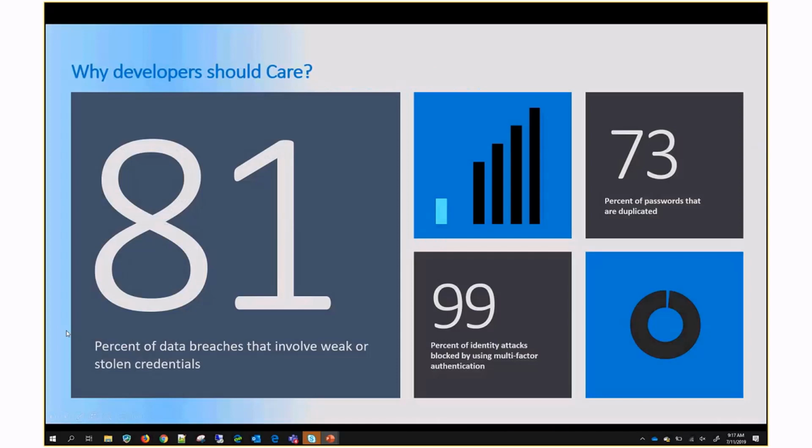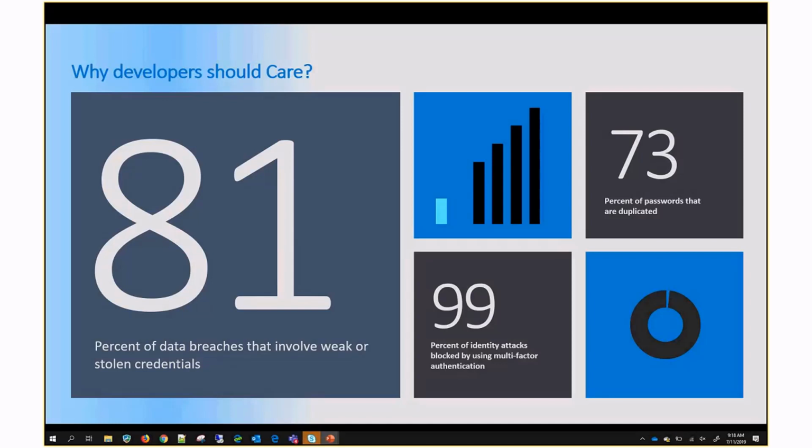Why should developers care? If I'm a developer, why should I care about this? If you look at it, 81% of data breaches involve weak or stolen credentials. So if you, as a developer, just provide a way for users to store usernames and passwords, in the normal world, when I'm talking about forms authentication, where you have your own system of authentication, you are storing usernames and passwords. But most of the time, data breaches happen because you cannot actually rely on what type of password the user uses. Think about it: this is summertime, so somebody says summer 2019, somebody will say spring 2019,